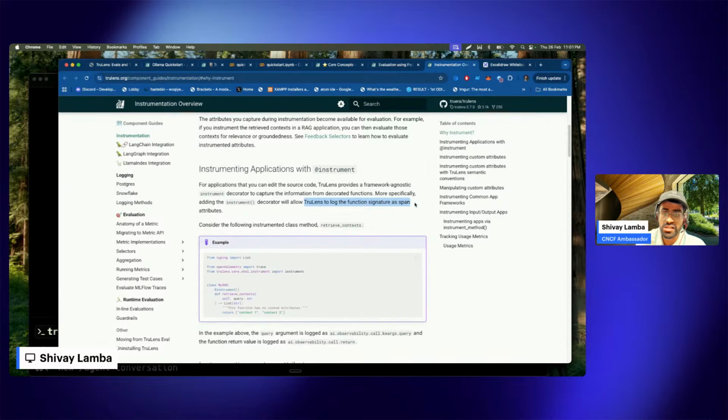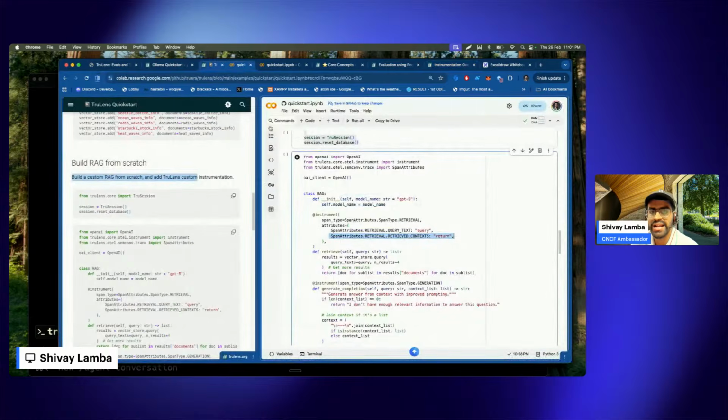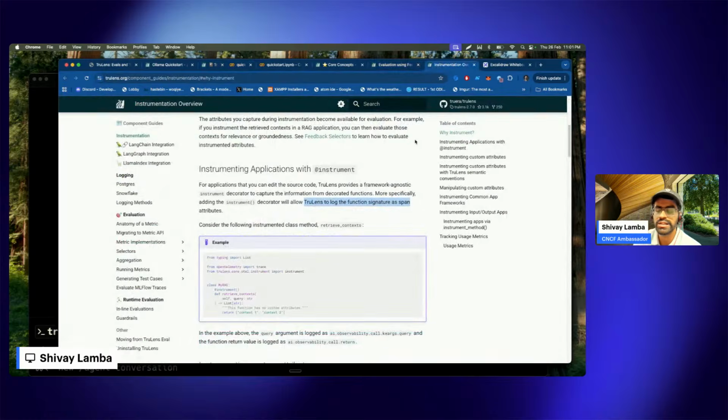In this RAG example, we are trying to create a RAG span. So we'll create spans for retrieval, for the generation part of RAG, for the query part of the RAG. Anything that is a core component of RAG, we would like to create spans for those,